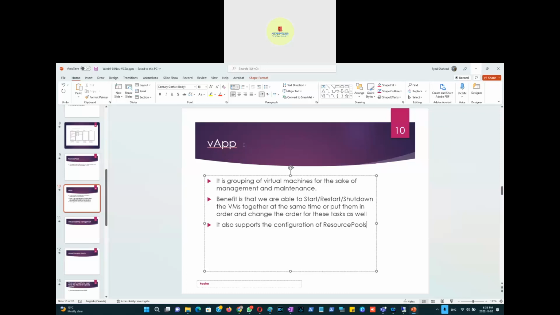Why don't you just do that CPU and RAM reservation as well? You can do that too if you want. It's optional. Either just create a separate resource pool and reserve CPU and RAM for the virtual machines, or since you're grouping them together in the vApp, the resource pool feature is also available in the vApp. Right? So if we go ahead